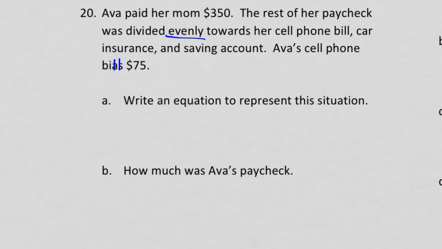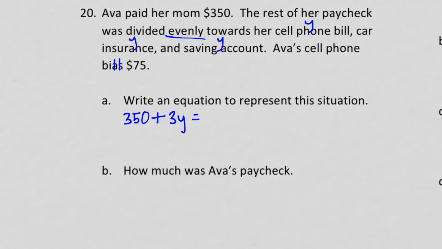Write an equation to represent this situation. So once again, I'm going to start the same way. We know how much she paid her mom, $350. But then on top of that, she paid the rest of her paycheck evenly towards 3 things, right? Cell phone bill, car insurance, and savings account. Each of those are the same thing, so let's call them all Y. Cell phone bill is Y, car insurance is Y, savings account is Y. Y amount because they all are the same, divided evenly. So there's 3 of them. So 350 plus 3Y